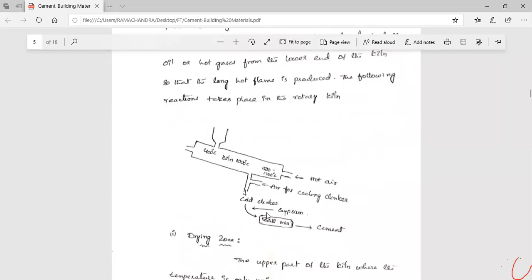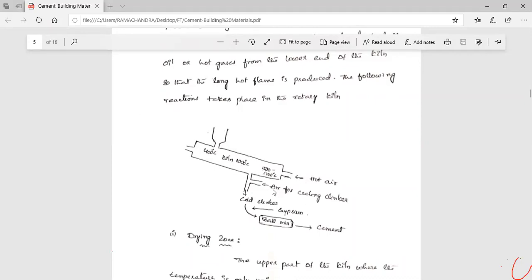Here we see one of the simple setups we use for the burning process. Here we insert the slurry or dry powder of the two mixtures. Initially we use a temperature of 400 degrees Celsius. This is a cylindrical tower which is called a kiln. Here we introduce hot air to the kiln.